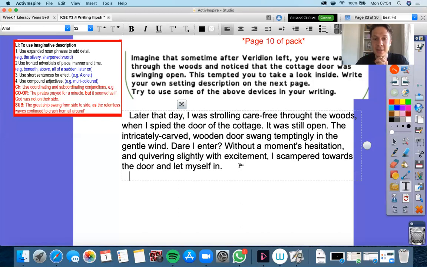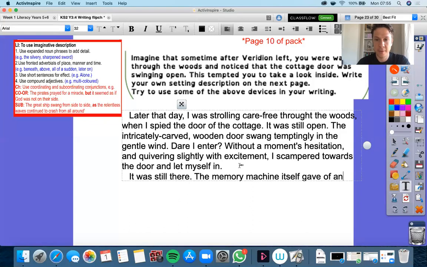Now I'm going to go inside. So I'm going to start a new paragraph and indent my paragraph. Now I want this to be really punchy. The memory machine is still there. So I'm just going to say, it was still there. Makes it sound quite ominous, doesn't it? It was still there. The memory machine itself